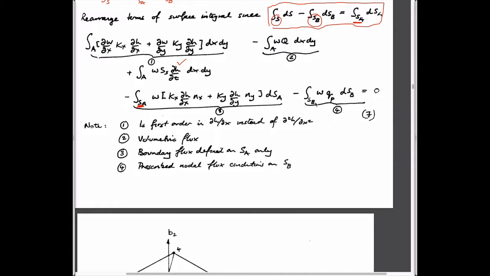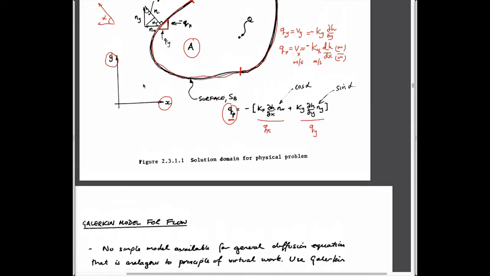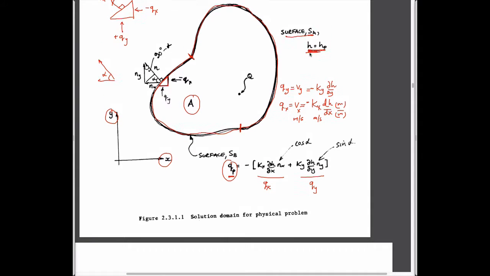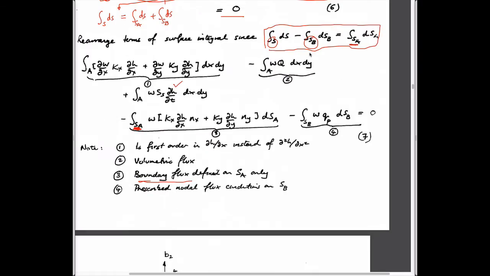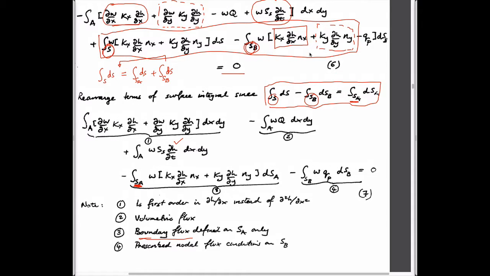There's a volumetric flux that's added here. The boundary flux is only defined on SA, which is this term here. And if you recall, SA is just the part where the head is prescribed. So this is SA. And we have a prescribed nodal flux condition on SB, which is basically this part here, QP, which is all